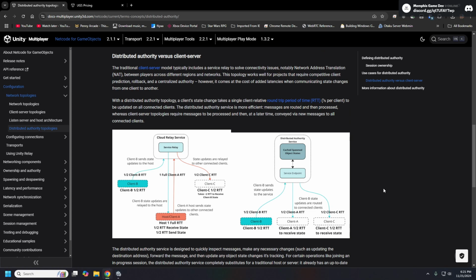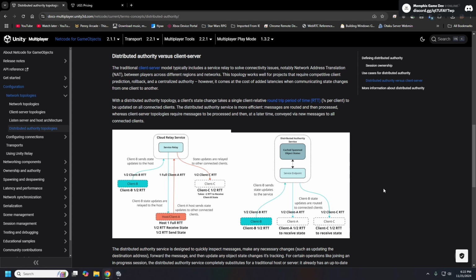Another benefit that we get from distributed authority is that all clients just have to push their changes up to the distributed authority service, and then they get updated states of all the network objects from the service rather than from another host or a dedicated server.